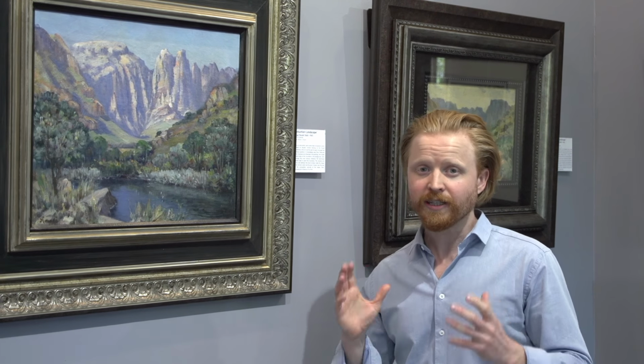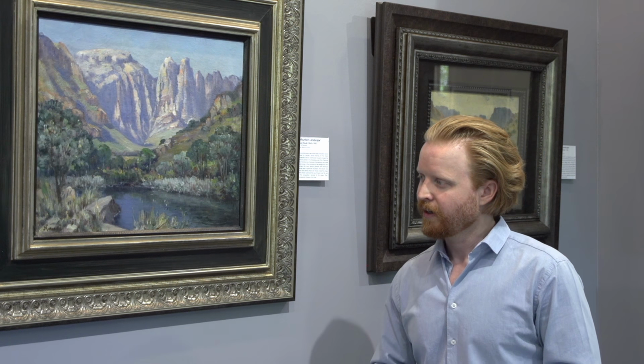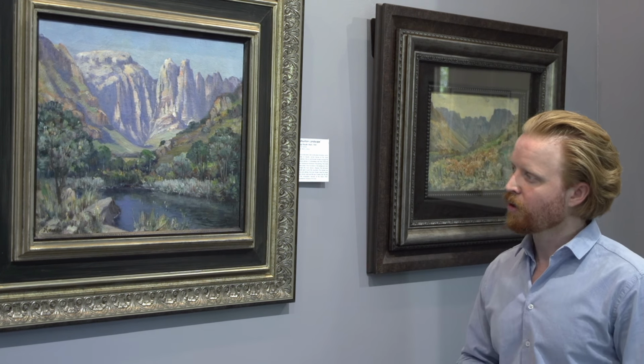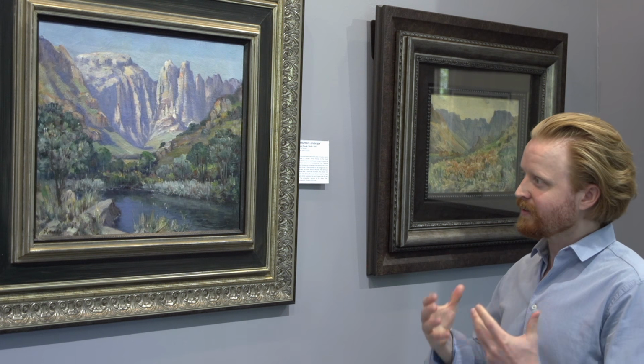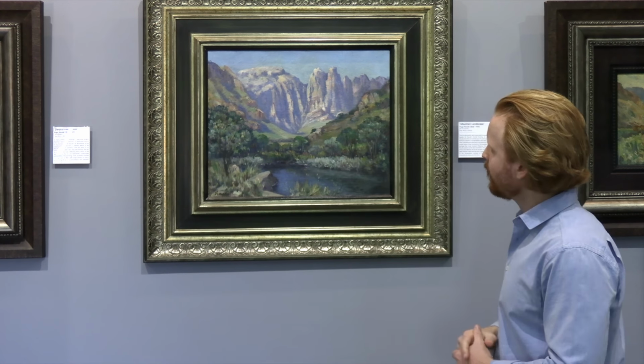Hugo Naudé was in France at the turn of the century. He was entirely influenced by that mode of painting, as well as the Impressionists. He comes back to the Cape in 1902 and thereafter builds a very successful career painting these kind of tranquil Cape landscapes. Looking at this particular work, the things that catch my eye are the wonderful deep crevices in this